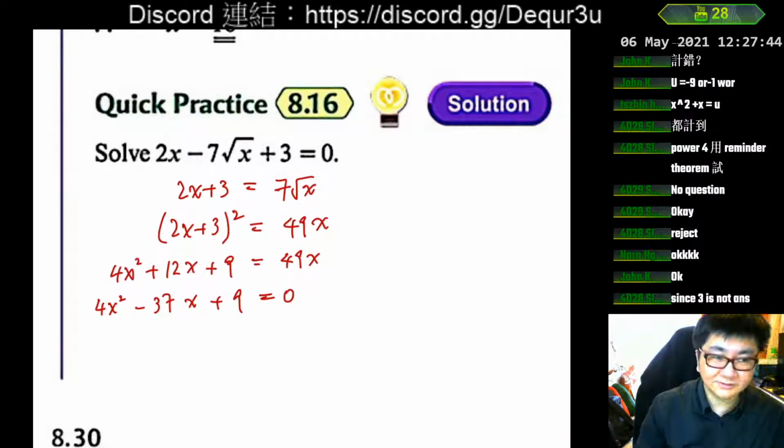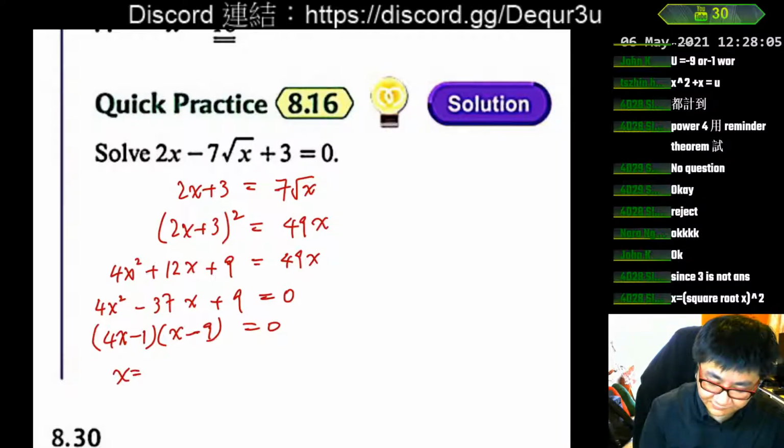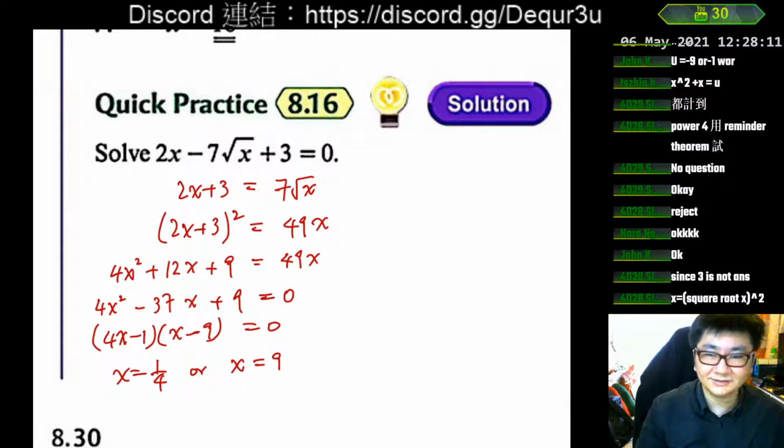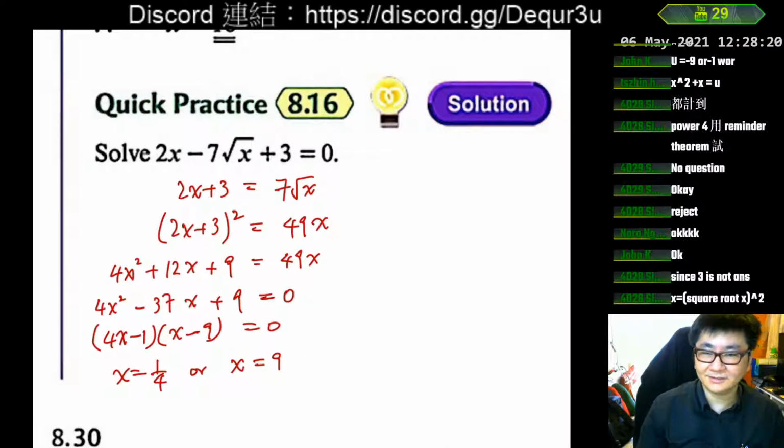And then this one, we can use calculator to do it. 呢個應該係 4 x 9 是 36 加1，37。36加1，即係話 4x minus 1，然後 x minus 9。And then therefore x is 1/4 or x equals to 9。因為我冇拎到部計數機出嚟，所以我就要自己 factorize。但係其實你攞呢個直接落嚟得㗎啦。如果你有計數機嘅話，你用 formula 就得㗎啦。咁所以1/4同埋9係答案，但係唔好唔記得要